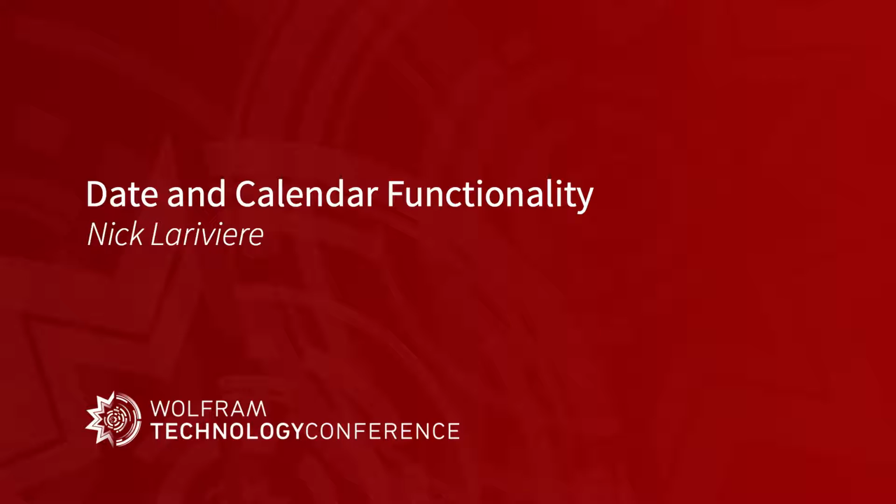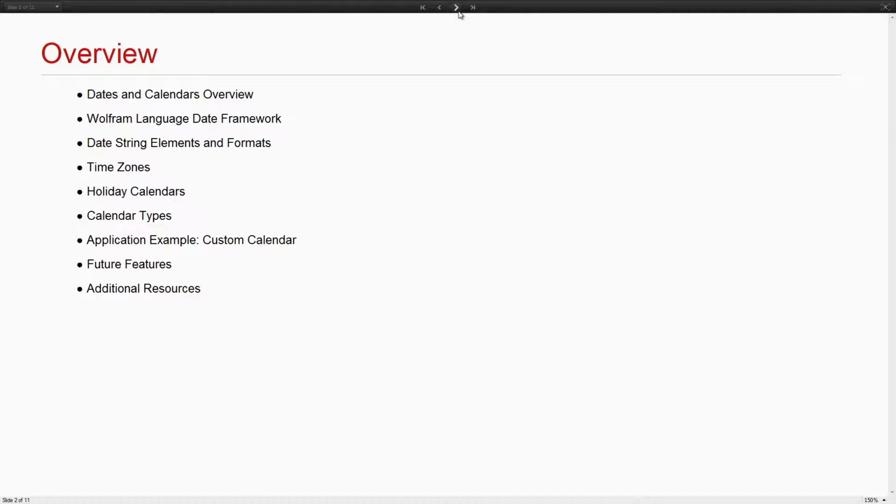So I'm basically going to start with what comprises a general date and calendar framework to begin with. What are the components of time that we're interested in? And then I'm going to dive into the specifics of how we represent those in the Wolfram language, what the specific parameters we have are, and then drill into some of the sub-elements like date string elements, calendars, time zones, holiday calendars, et cetera. And then I also want to spend some time talking about some future areas of development that we're just starting to work